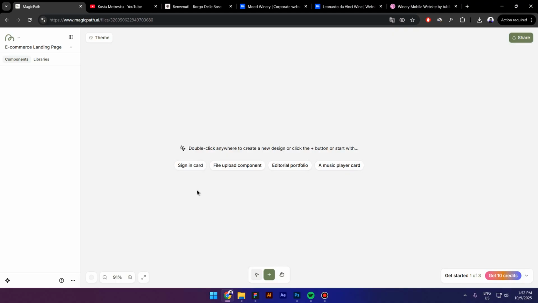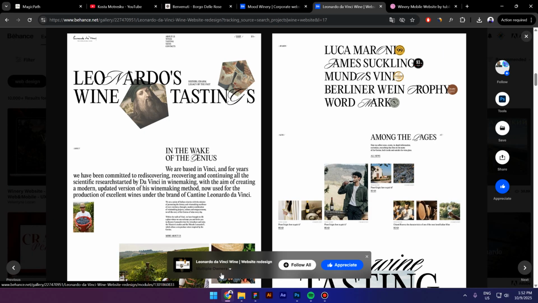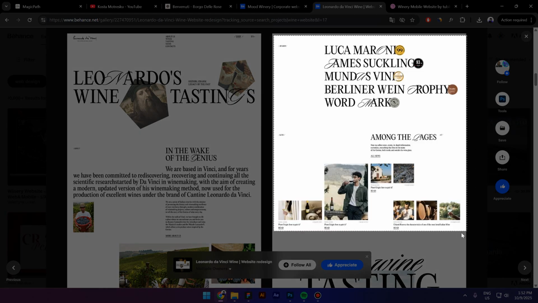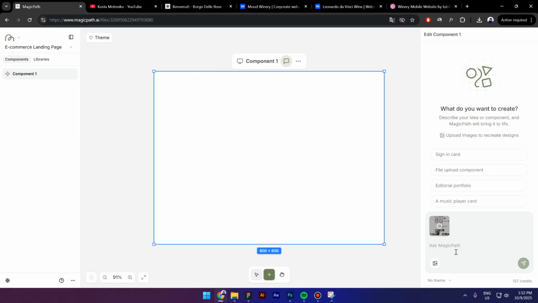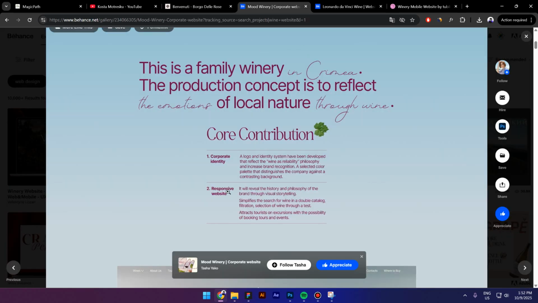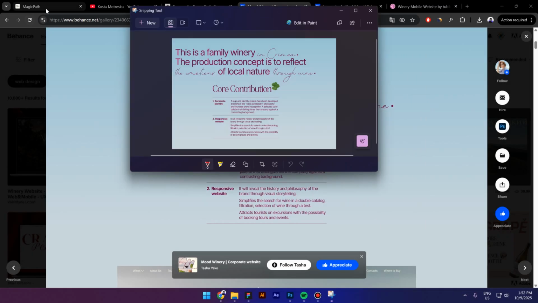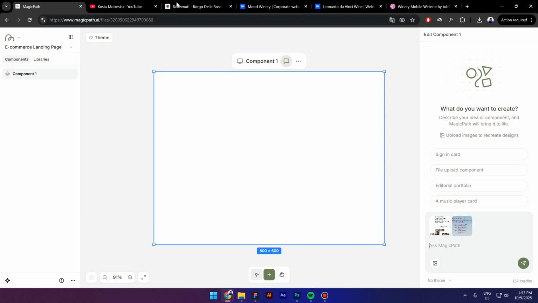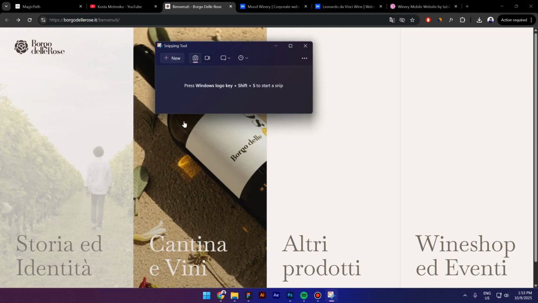I would like to design a winery website, so I'm gonna click on this green icon to create a new chat, and before I type anything, I'm gonna look for some inspiration. So I have already some inspiration right here. I'm gonna take a screenshot and then press Ctrl C, go back to Magic Pad, press Ctrl V to paste it inside the chat, go back to Behance in my case, and now let's take a screenshot of this one, also paste it inside, and now I'm gonna take one more screenshot, so this one right here,